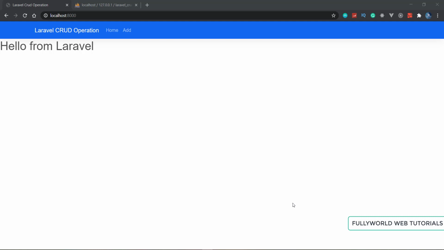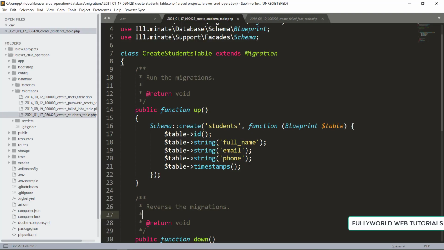This is part 5 of this series, and in the previous part we created our migrations and set up our database. So we created this migration, this is our create student table and this is the schema that we created, and we migrated it to our database.